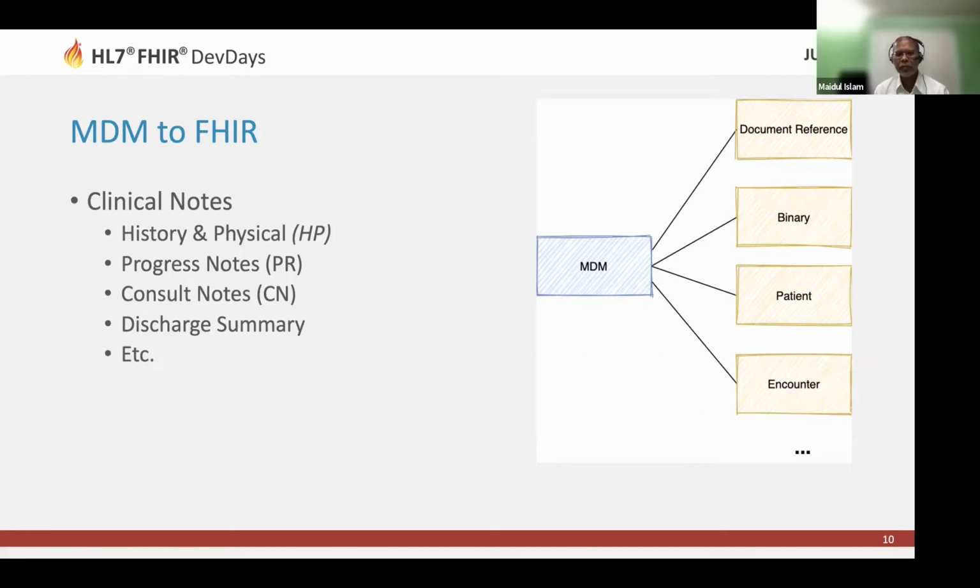I could map MDM, those reports, to a DocumentReference. DocumentReference has a binary. And within the binary, you can have an attachment for the full report as base64 encoded. And also DocumentReference does have the subject patient, and then it could be referenced to an encounter. I think if we look at everything, that MDM also could be mapped or linked to a patient and encounter, which is the critical foundation for this requirement, because the client wants to know all related encounter information for the patient for a particular event. And we probably could map those pictorially.